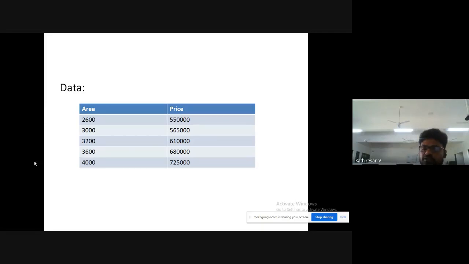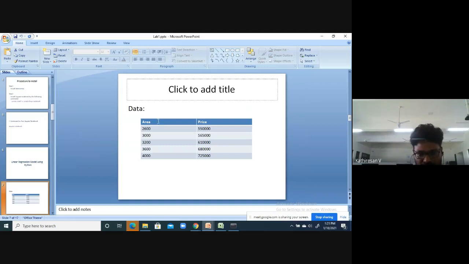The unit of area is square feet and the price is in dollars.